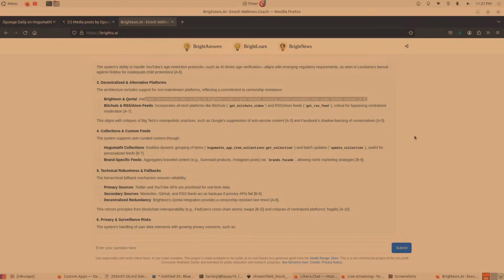So still on number 5, this mirrors principles from blockchain interoperability, FedCoin's cross-chain atomic swaps, and critiques of centralized platforms' fragility. So yeah,